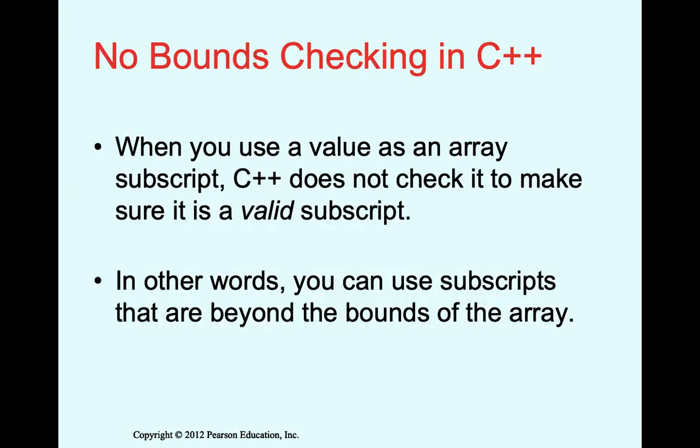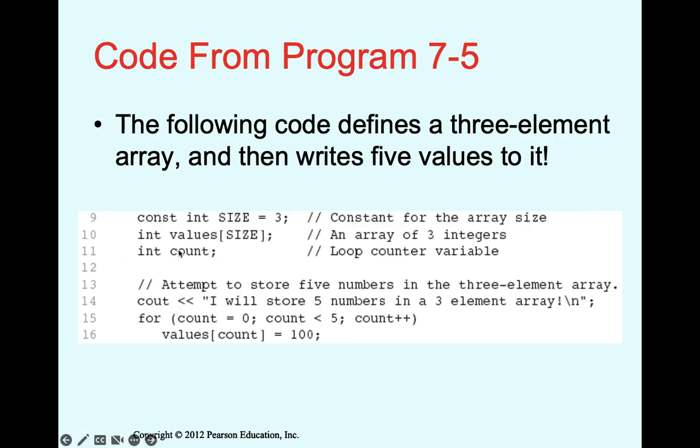In C++, there is no bound checking. What is the meaning of bound checking? Let's see an example. Here we have an array of size 3. We define an array of size 3, so it has indices from 0 to 2. And then by mistake we make a loop from 0 to 4, and we assign values for the array to